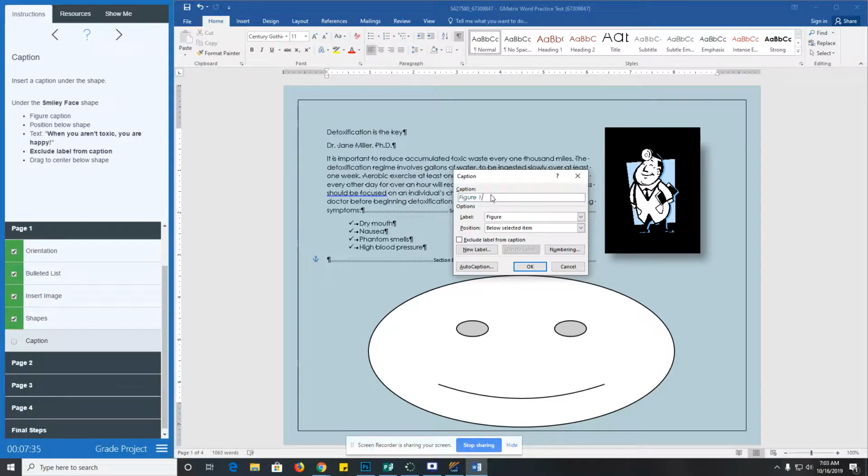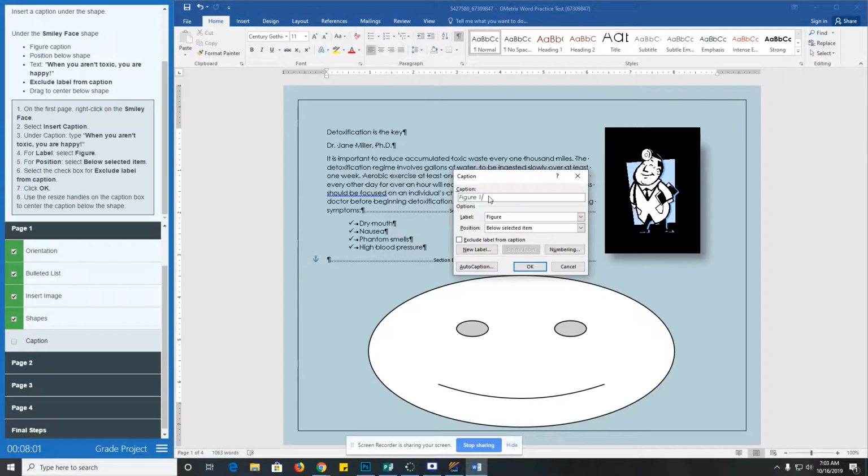The text needs to say, I'm just going to hit back. Oh, why is that? Oh, I can just start typing. No, why won't that let me change it? It should be letting me change that. Insert caption under caption type. Why is it not letting me erase it? I don't know, but we're just going to type